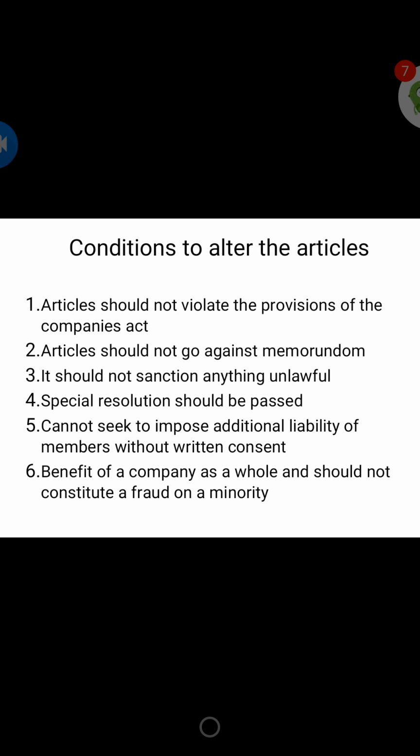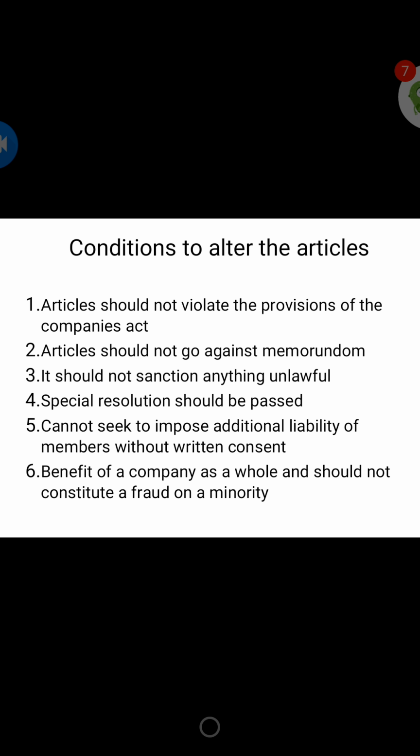So you have to conduct a general meeting, and in that general meeting a special resolution should be passed, and only this resolution is going to give or may help you to change the articles. The next is, cannot seek to impose additional liability of members without the written consent, which means suppose you are going to alter